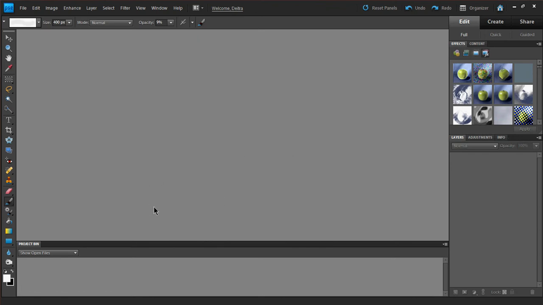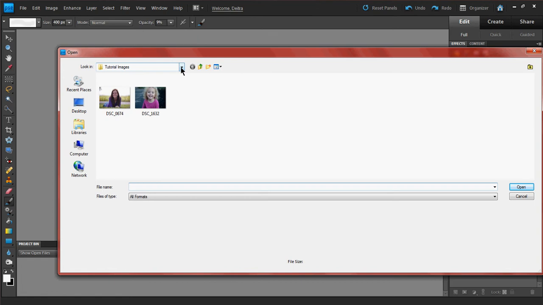I'm going to show how to do a quick edit in Photoshop Elements. I use Photoshop Elements 9, but this can apply to most of them. The first thing you want to do is go to File, Open, and find the folder which your file is in, and I already have it there. Click on your image and click Open,